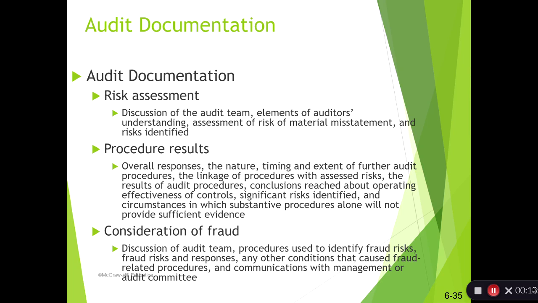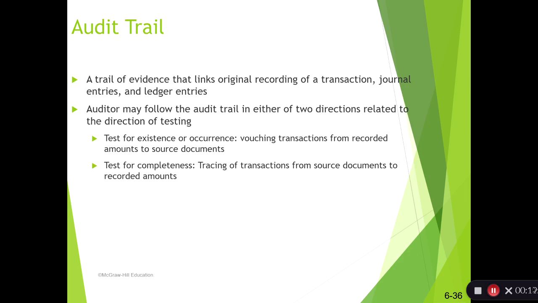And then lastly, again, fraud is just an area where we're highlighting our procedures that are specific to fraud, as opposed to those other areas of misstatement, right? As opposed to errors or bias. And so we're going to document the same things that we documented before in terms of what risk we are identifying, what our response is, have we communicated that, right? All that we're going to have to document.